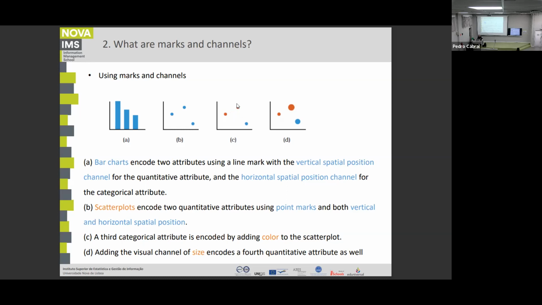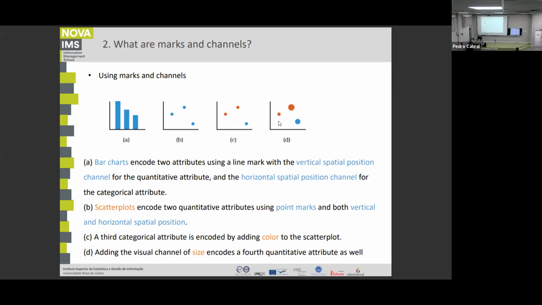So all the points from the same region will have the same color. And we can also add another quantitative attribute on top of that, for instance, using the size to encode a fourth quantitative attribute. So the scatter plot can have 2, 3, or 4